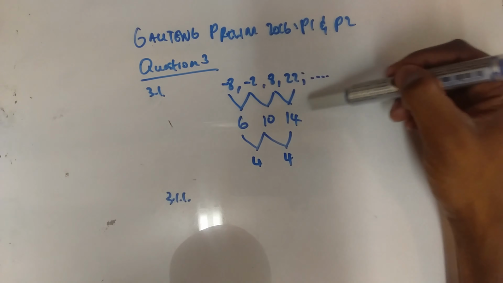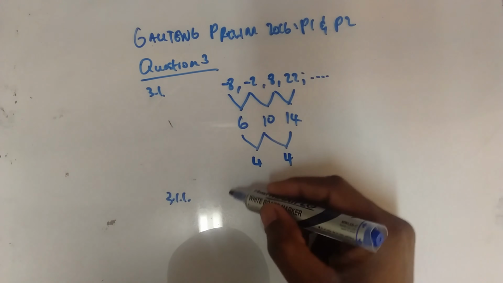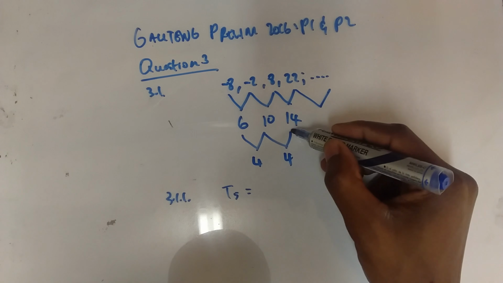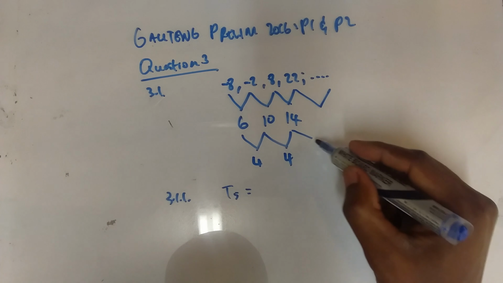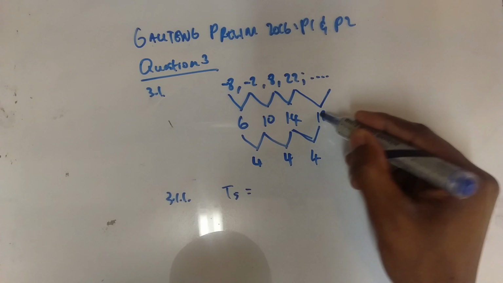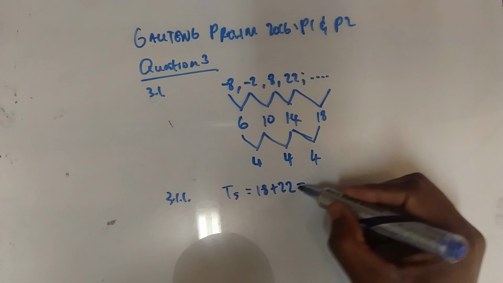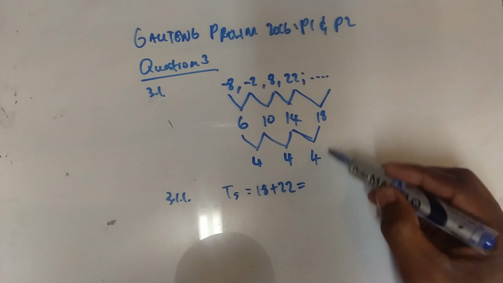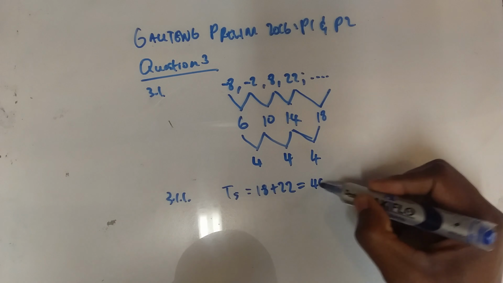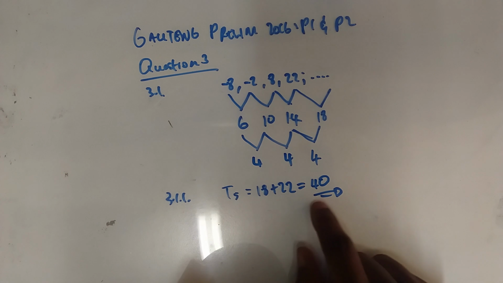So for me to find the next term that comes after here, which is T1, T2, T3, T4, T5, there is a number that I'm going to have here. So let me have the 4. 14 plus 4 is 18. Then 18 plus 22 is going to give us our T5, because the second common difference has to be the same for each and every term. So therefore, the answer is going to be 40, which is our term 5. 18 plus 22 should give me 40.